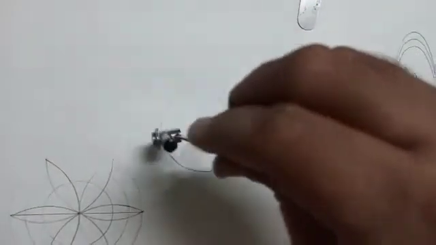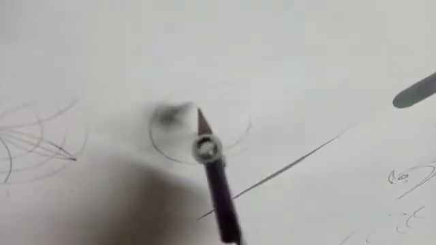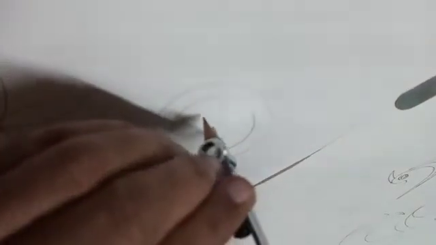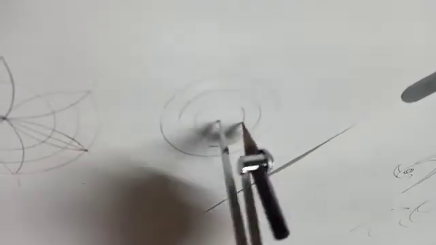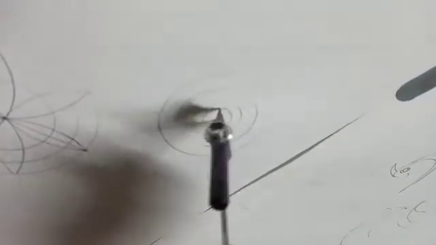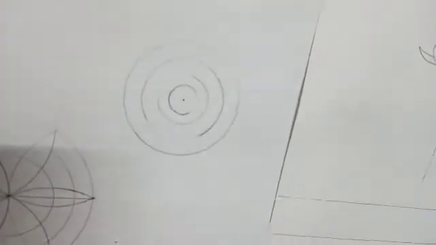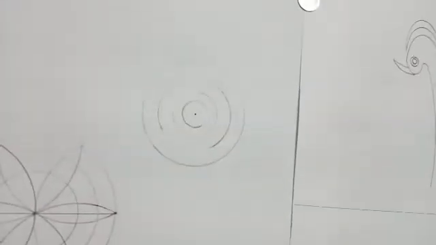See, if you draw like this, again reduce and do not complete the circle. Just leave it like this. Then again reduce the diameter and again make an opening. Like this, you will have a puzzle-type drawing. So this type of drawing you will have. Okay. Now the French curve, as I have said.